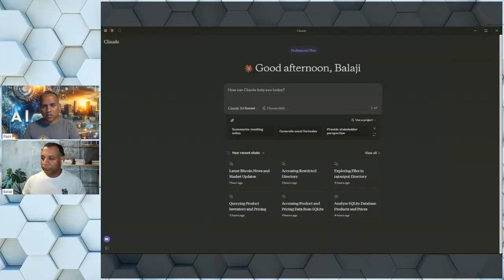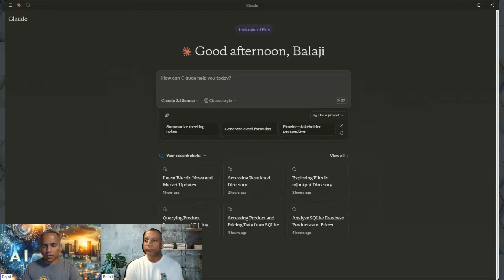Claude just released a new protocol, the MCP, the Model Context Protocol. I'm excited about it because anybody who can get it configured can use it, which took me forever. Since Balaji is a technical guy, he recognized it and did it a lot faster than me.